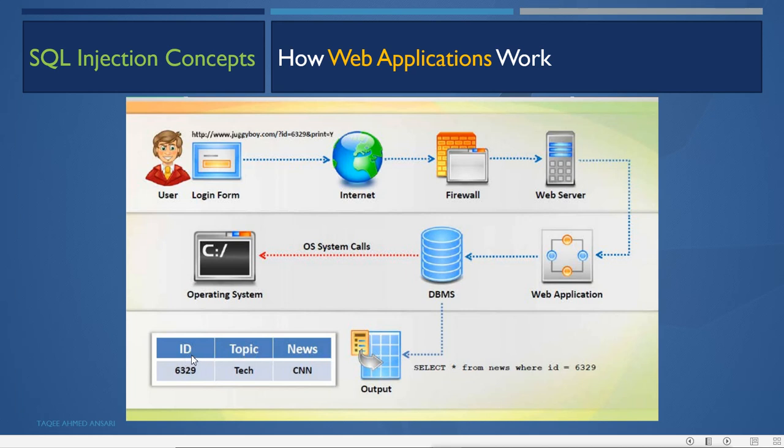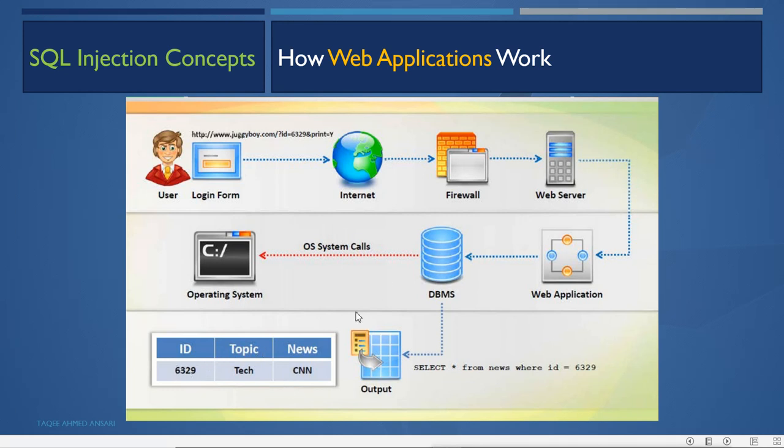In the ID column we have different IDs for different topics. The topic will remain in the topic column, and the actual news or message will remain under the news column. So databases store the data in this row and column format.